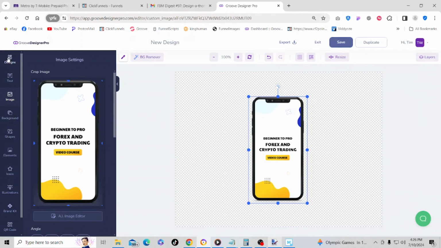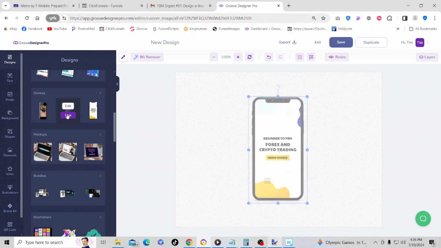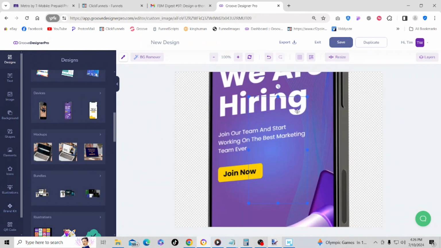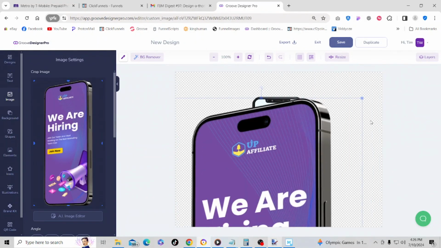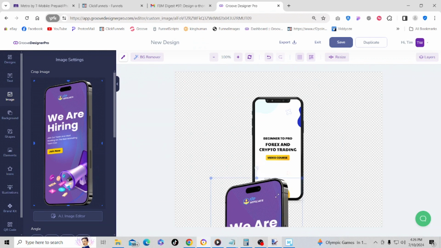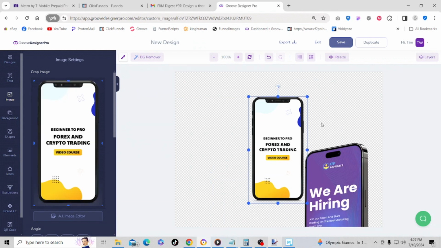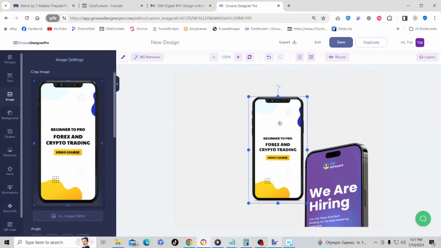So let's go back to our designs, go to our devices. Let's go ahead and use this one that's pointing to the right. And we're going to size it down some. We want to get about the same size as the other one. Okay, so what I think we want to do here real fast is select this one in the center here. Go to our layers,